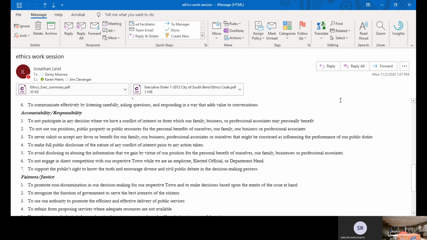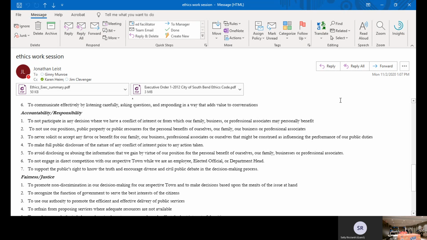If we are serving on some other board, by default, do we have a conflict of interest in voting on monies going to that board? Do we need to be more specific about defining that? Probably you do, yes. If you want